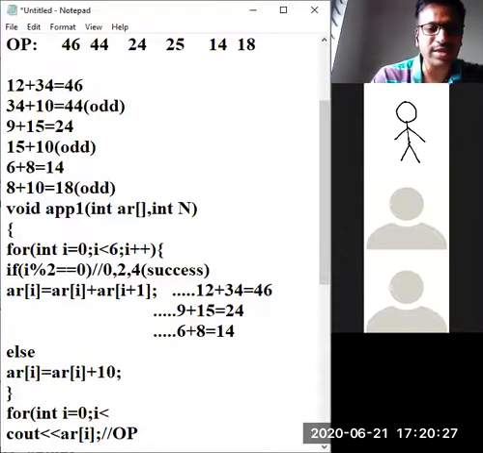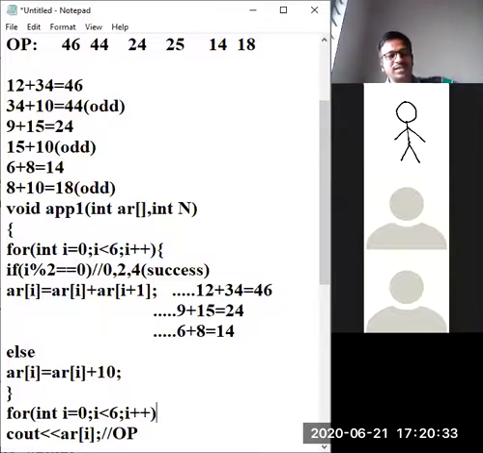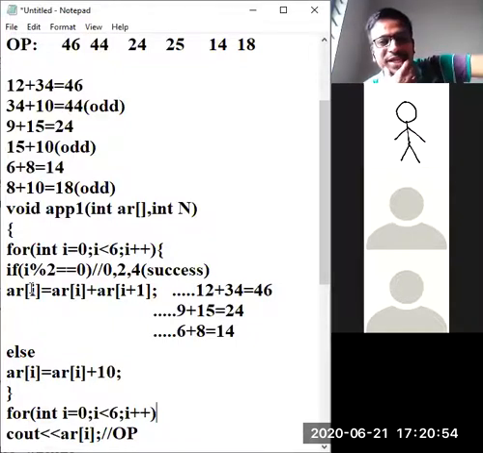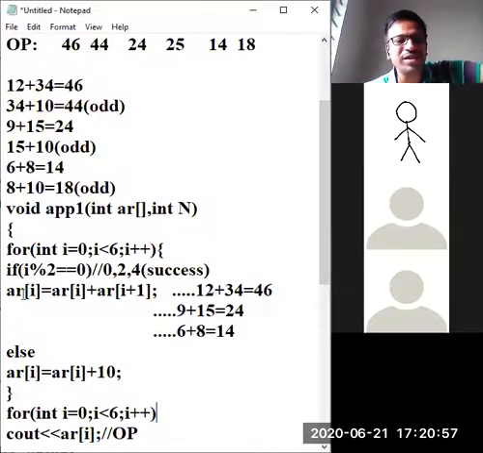Any questions regarding this? See what I am doing. I plus plus. This is the logic. That is a technique. Same for loop, copy and paste, but you are going to get the latest values, sir. Yes or no? Every time an operation is going on, some machine is there. What is the machine? The compiler. C++ is compiler based, as you all know. So your compiler will consider AR of 0 first. The latest AR of 0 updation will take place, then AR of 1, AR of 2, all updations. So those updated values will be pasted here.